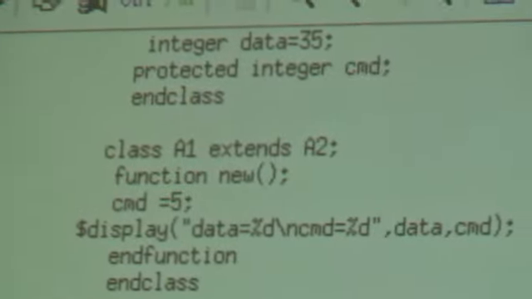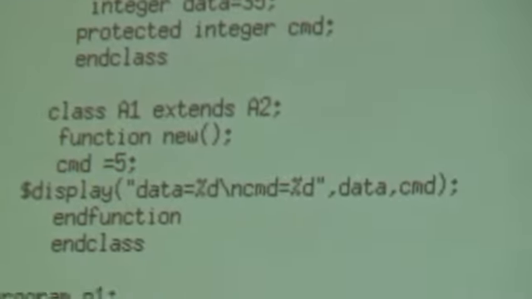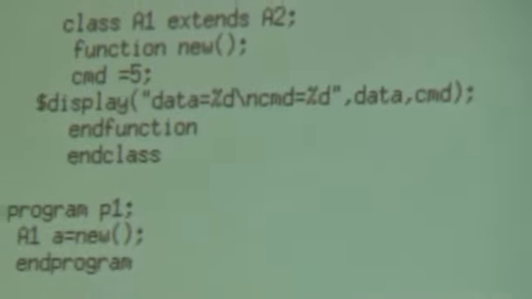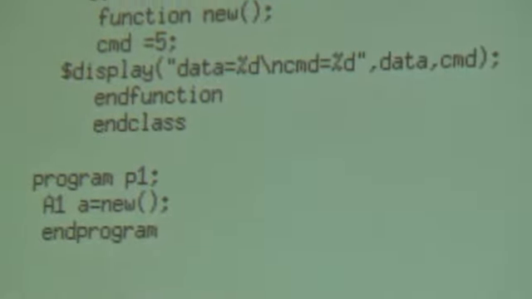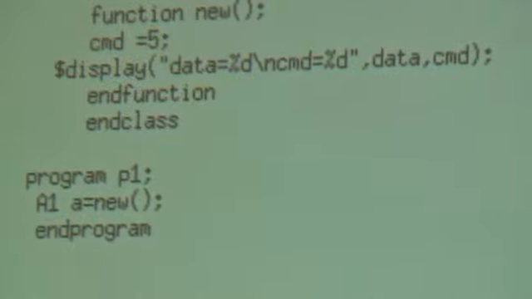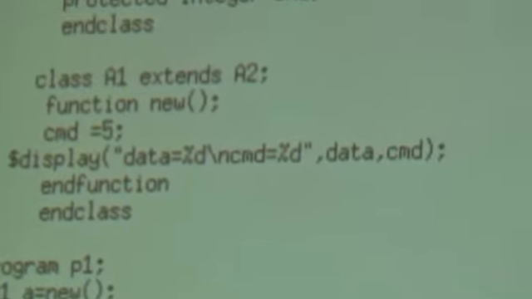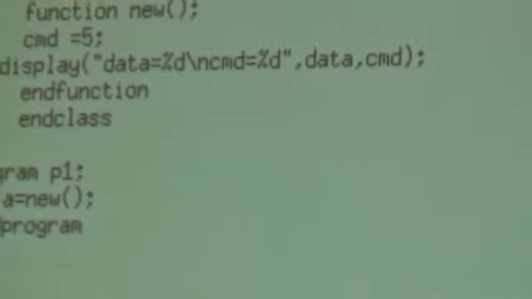If you have seen the command in the main program, in data it is the normal property, and in command there is no value, but in command there is a value of 35. So when I print after the new object is created, command is updated with the value of 5 and data is updated with the value of 35. That is the manner in which we got the output as 5 and 35.